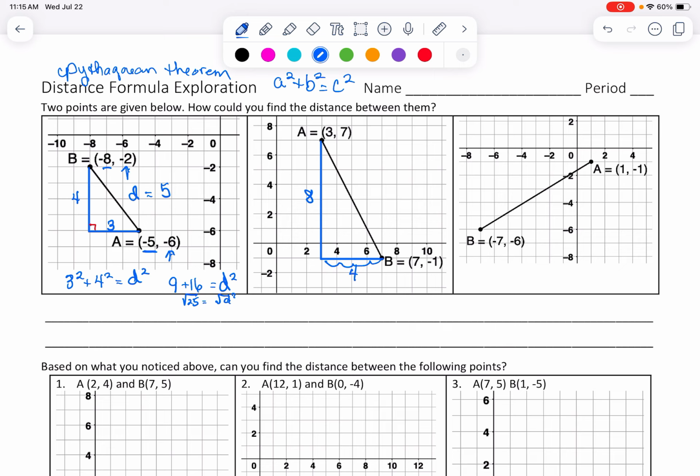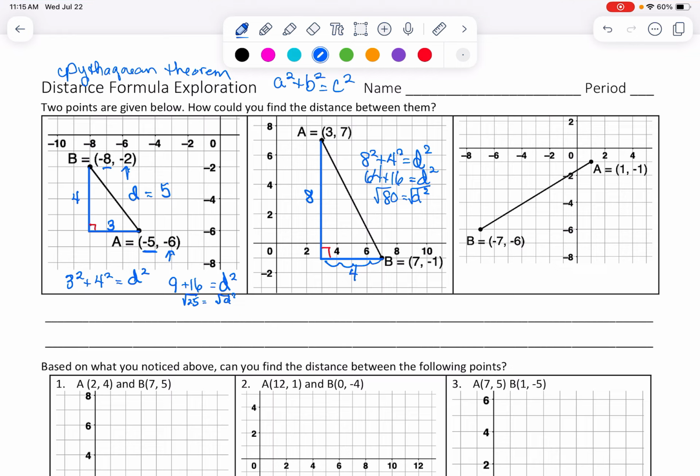And so once again, we can use that Pythagorean theorem and say 8 squared and 4 squared gets us our distance squared, our hypotenuse squared. So 64 and 16 is 80,